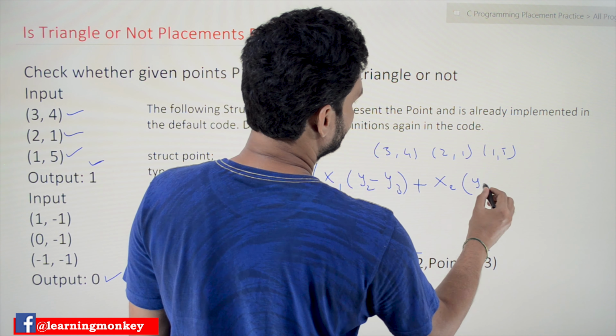It's a very simple 2 to 3 line code, and all you need to know is the area. If you know the formula of area, it's very simple to write. So we will declare int a, let me make it a, is equal to half of P1 arrow x. See here, P1 is the pointer to this structure, and we are trying to access the member x related to P1, member y related to P2.